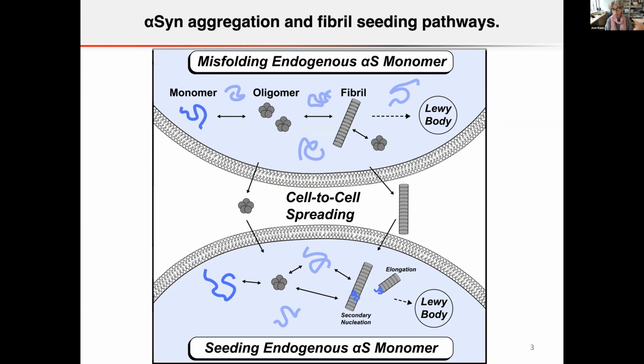So this process of fibril seeding, where the monomer templates against the fibril, is really important and could be viewed as a therapeutic opportunity. So if you could get rid of this arrow here and this interaction, that would really slow down disease progression. And so